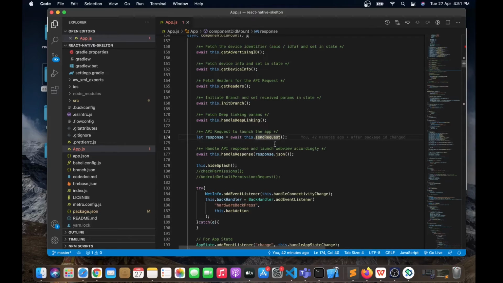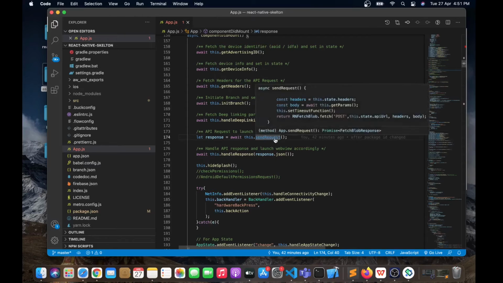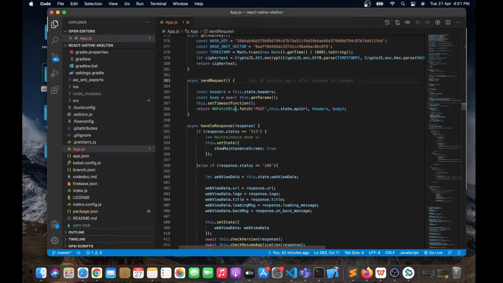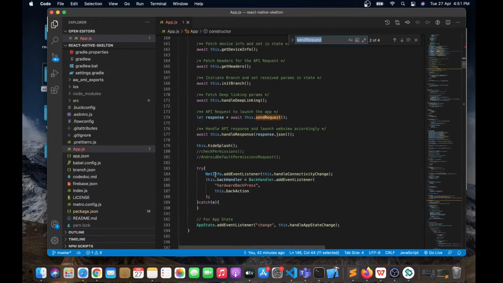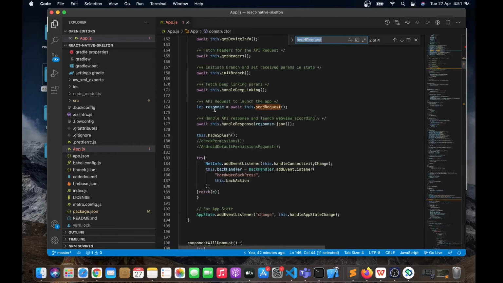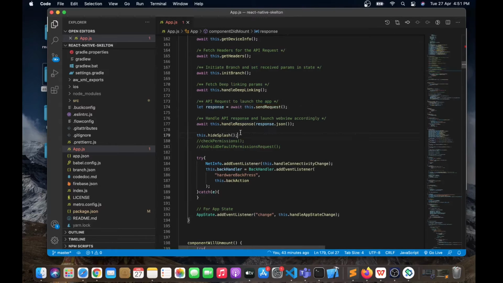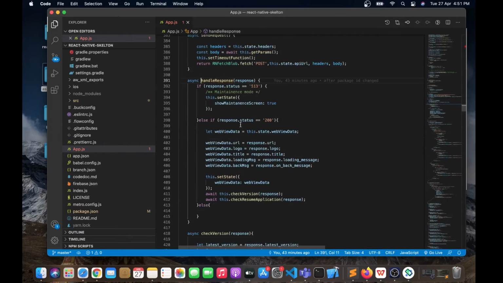And here in this send request, as you can see, we are firing a request using this rn fetch blob, and we are getting the response, and the response we will get it over here, and we will pass this response to this handle response, which is going to configure this WebView data object.